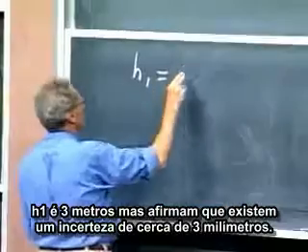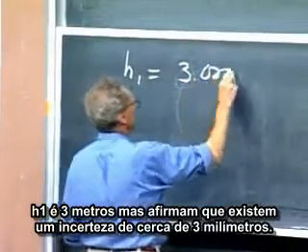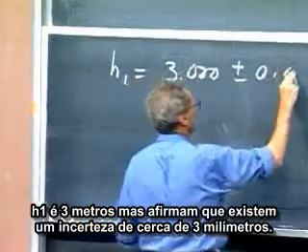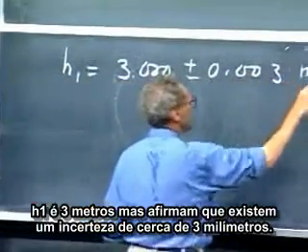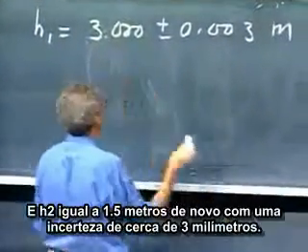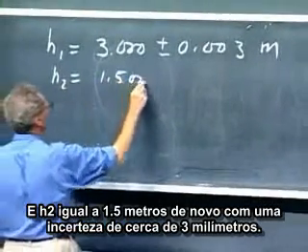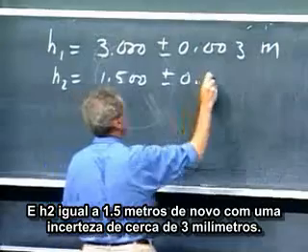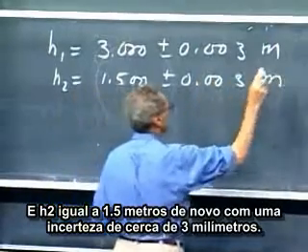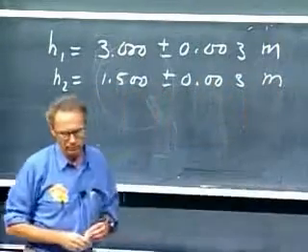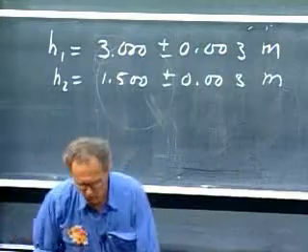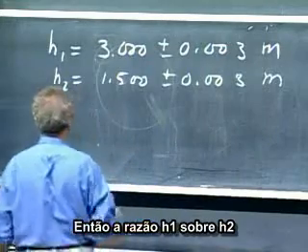H1 is 3 meters, but I claim there is an uncertainty of about 3 millimeters. Can't do any better. And H2 equals 1.5 meters, again with an uncertainty of about 3 millimeters. So the ratio H1 over H2